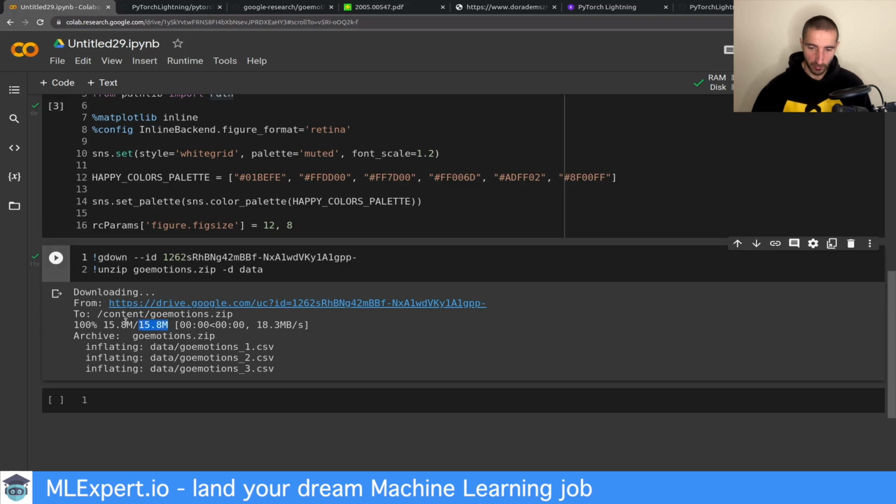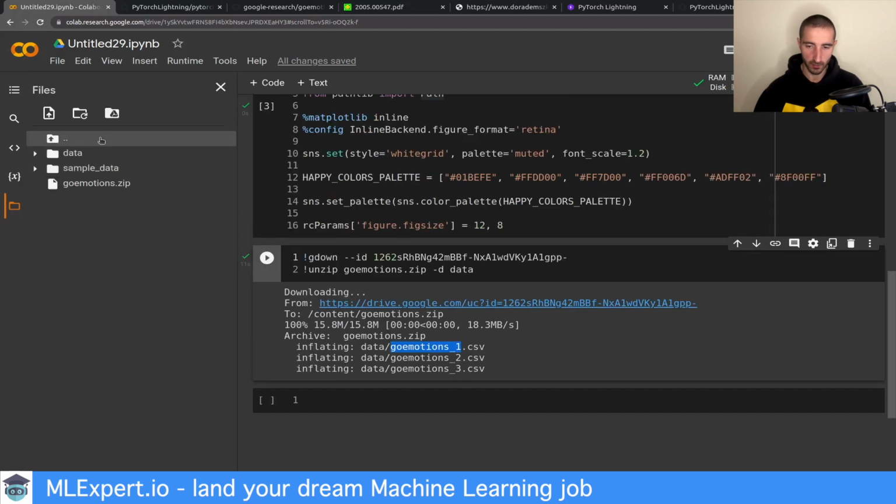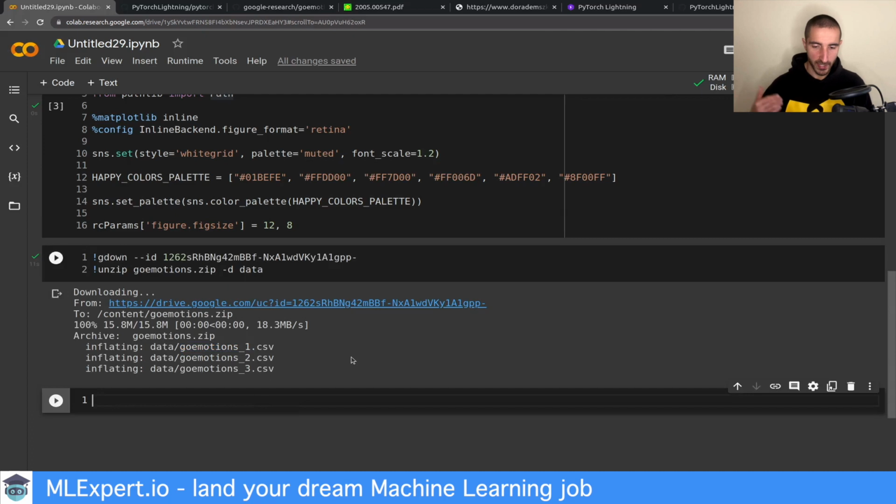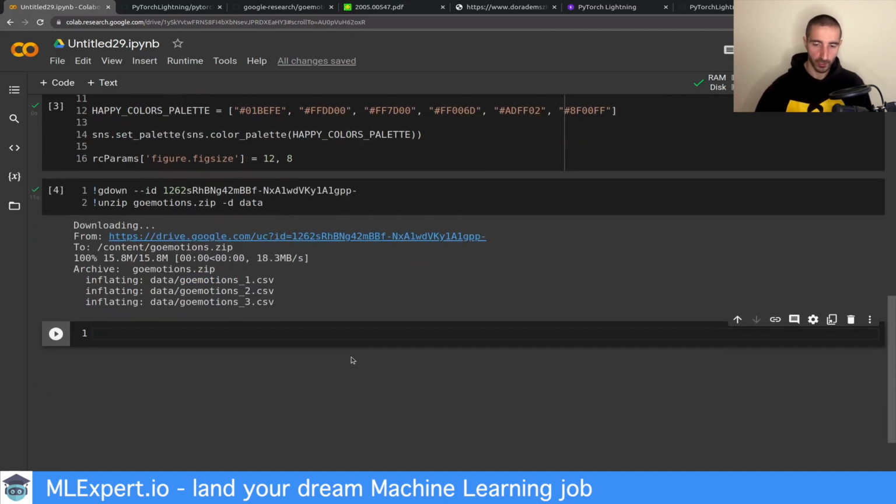And we have the zip file, which is currently stored, which contains the complete dataset, which contains 3 CSV files, and those are extracted in here. So this is the structure of our data. And to have a look at the data, I am basically going to read the 3 CSV files into